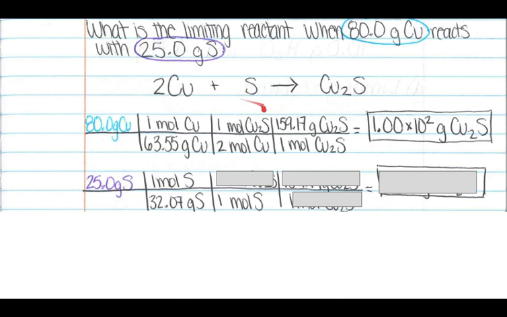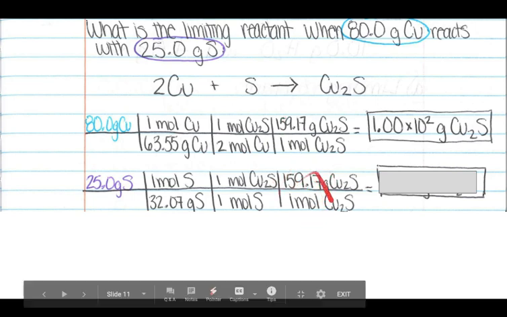In my chemical reaction, there's 1 mole of sulfur. In the top, I'm going to be converting from moles of sulfur now to moles of my product. So at the top, I have 1 mole of copper sulfide, again, because there's nothing in front, so that means 1. All right, and my last step is to convert from moles of copper sulfide to grams. So I'm going to say what goes up must come down. And because this is a mole gram conversion, I am going to have grams at the top. And once again, I can just use the same value. I already calculated that. And I know that I'm using 1 mole of copper sulfide, so per